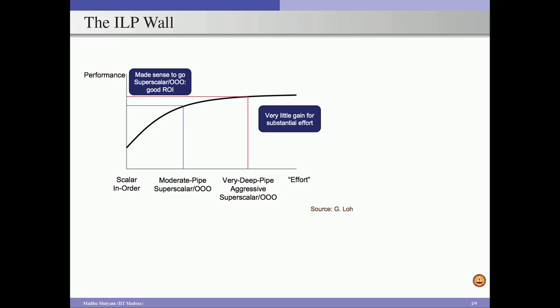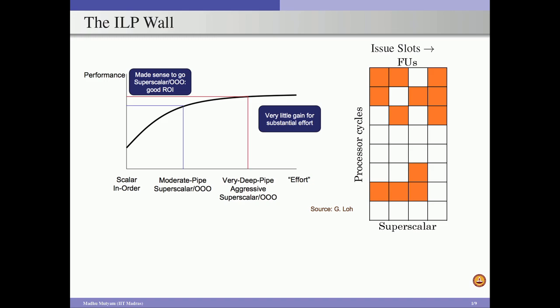This is mainly because of a couple of factors associated with the applications. One thing is that the applications may not have significant instruction level parallelism. That is the reason why this is called an ILP wall, because if the applications do not have enough instruction level parallelism, even if we use aggressive superscalar mechanisms, we cannot fill all the issue slots with useful instructions to compute. Once we don't have useful instructions to issue onto functional units, functional unit cycles will be wasted, and as a result the overall performance will not improve significantly.